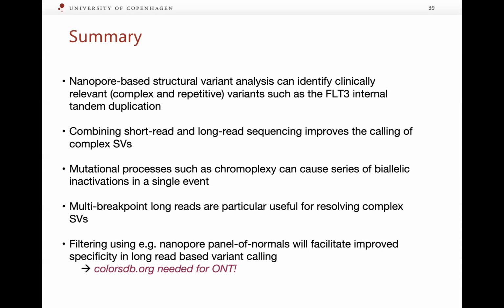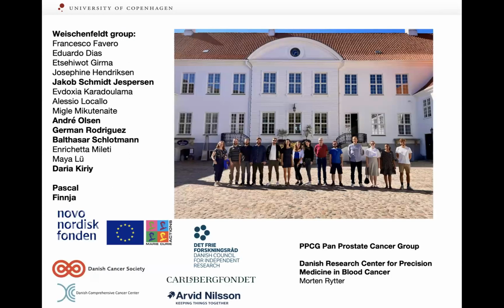So this would really help a lot because we need that for both germline and somatic, because there are technical artifacts and then there are germline variants, and both contribute to our false positive rate when we're doing cancer genomes. So I'll end here and thank the people involved, especially Andre, Jakob, and Daria, and the collaborators in PBCG